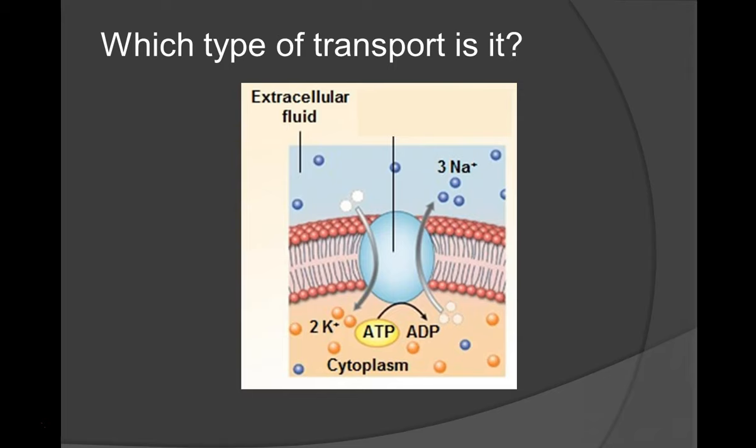Where was it low? Which direction did it move? Did it meet a protein? The same for sodium. This was where it started, these little empty places, and we've now moved it over to this other side. Another clue in the picture could be ATP being converted into ADP. So think about what the clues are there, what they mean, and which type of